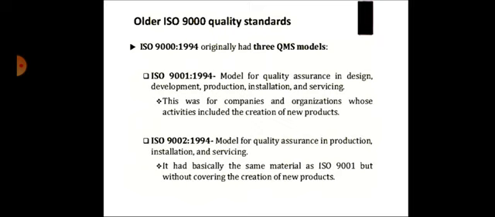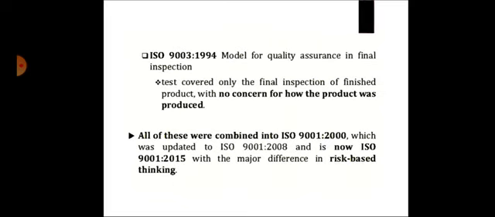ISO 9002, for quality assurance in production, installation and servicing. It's basically the same material as ISO 9001 but without covering the creation of new products. ISO 9003, model for quality assurance in final inspection and test, covered only the final inspection of the finished product, with no concern for how the product was